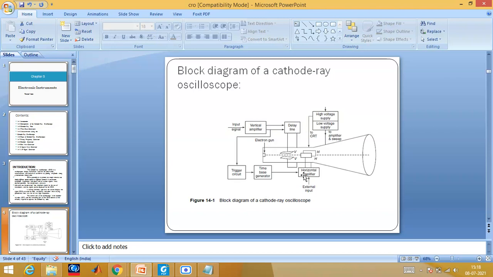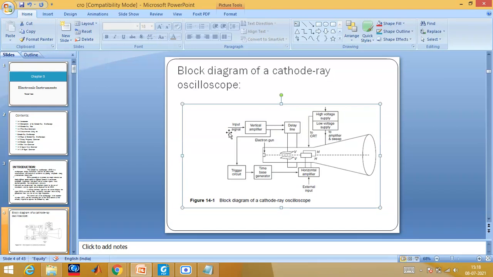See here in this block diagram, if you notice, there is one block called the vertical amplifier where we are providing the input signal. When I say input signal, it could be any form of signal, like my voice signal, or a signal from a function generator, which can be a triangular signal, a sinusoidal signal, sawtooth, or any other signal which you want to measure or analyze. You have to provide it to the input signal section, which in turn goes to the vertical amplifier. The main part here is the vertical amplifier, which is directly connected to your input signal.